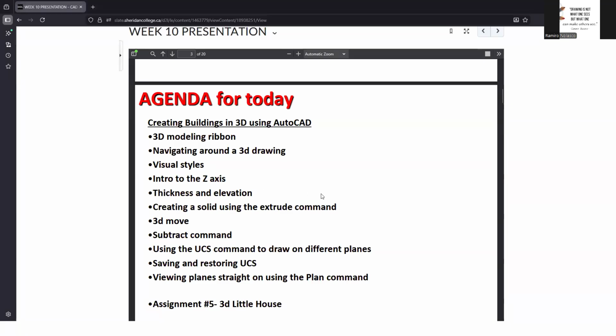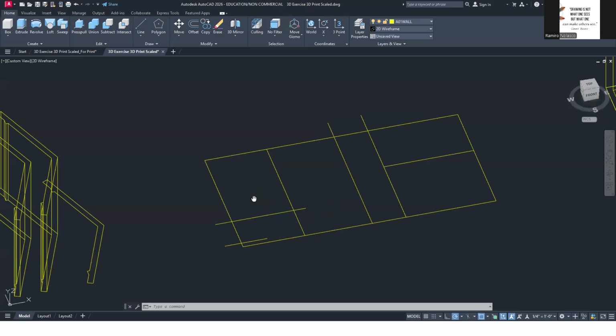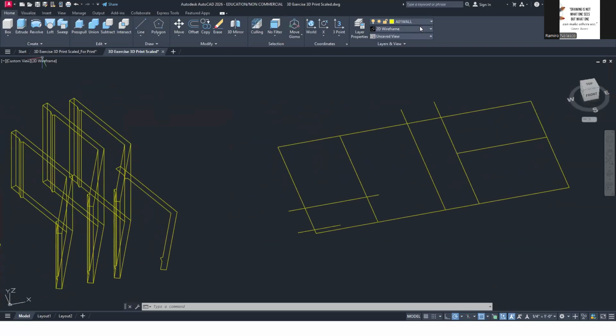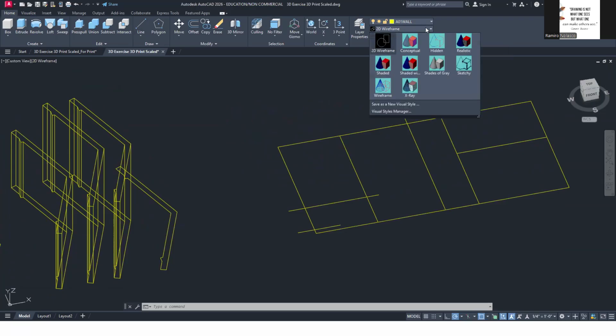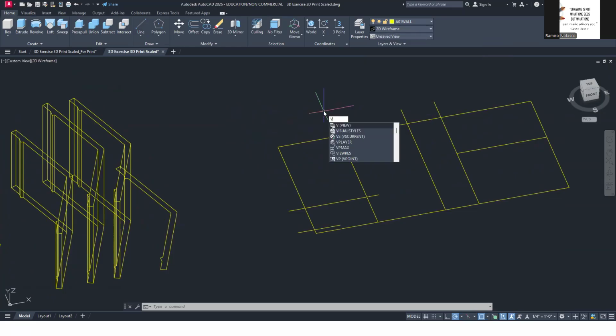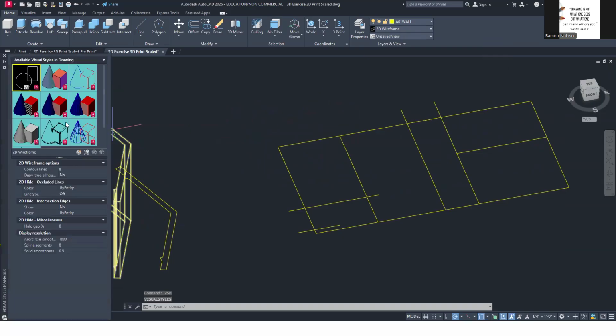Visual style. It allows us to look at a shaded, rendered version of our model. So here under the home tab, you have 2D wireframe as the initial visual style. You can change that to conceptual, hidden, realistic. You can type VS, that's the shortcut key, and then select visual styles to turn that on. And there are other parameters. Always look at the preferences, settings that you can change.